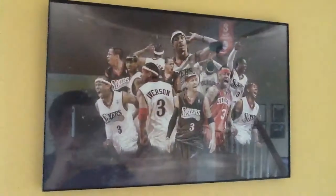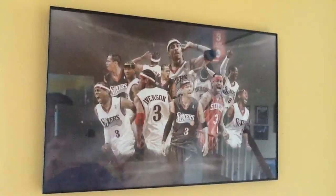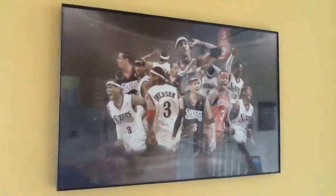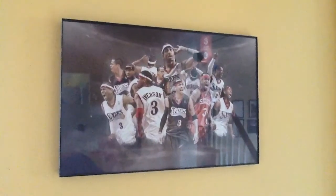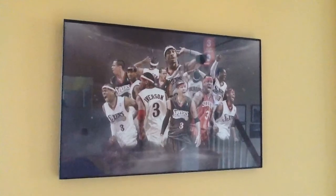So yeah, that's the dining room, and actually I found this. So here you can see me. Hello. I got that at a local mall. Just happened to have a sports card show or something one of the days that I was there. And one of the dealers there had some of these prints, and so I picked up the Iverson one